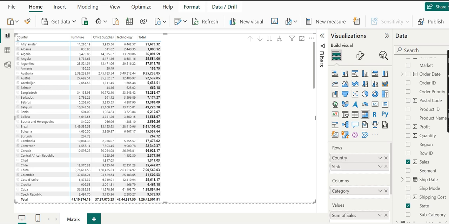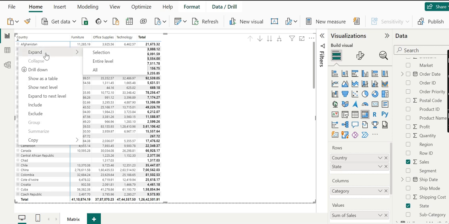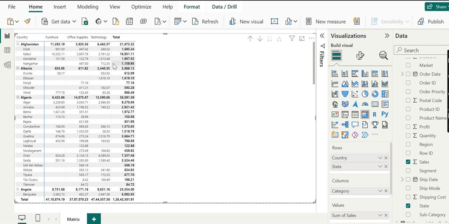What we will do is go to any of the countries and click here, and go to expand. If I go with expand to entire level, this causes expansion of the entire country.